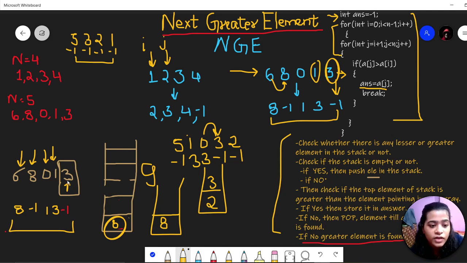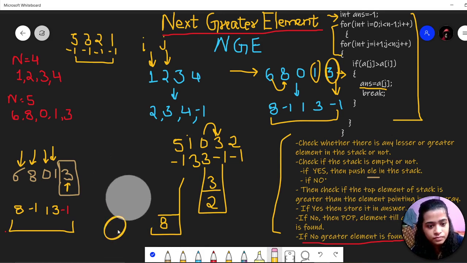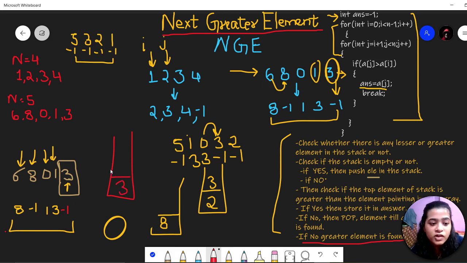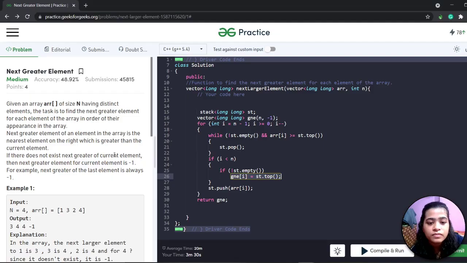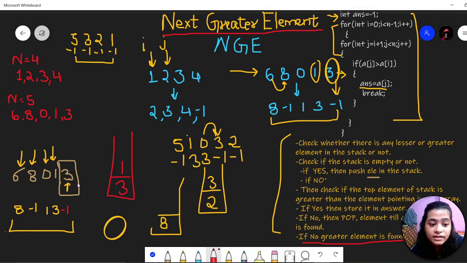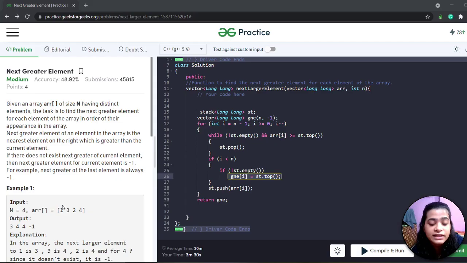See, we were first storing 3. I'll show you. For 3 it was -1, then 1. Now what we are doing? If we are able to find the greater element, then we are storing it in the array, right? For 1 we are able to find 3, so we are storing 3 in the array.